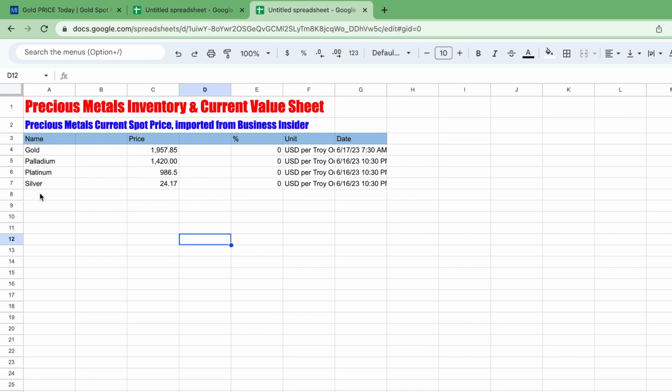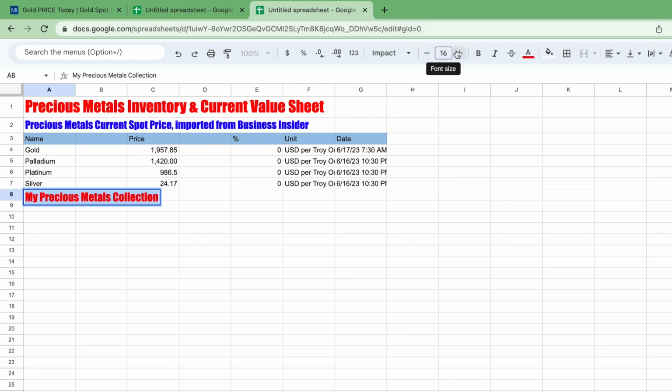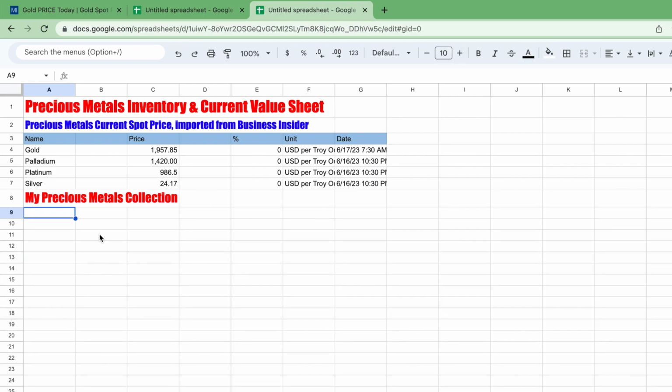All right, next one I want to do is get right to my precious metals collection. And I'm going to make up some numbers. I'm not going to give my exact amounts. I'm just going to pretend I'm a typical newbie. And so I'm going to call this section my precious metals collection. And we're going to go ahead and make this also Impact a little bigger. Maybe we'll go red again. Maybe a little bit bigger. Yeah, enter. And this is the part we're going to list our silver, and then we're going to list our